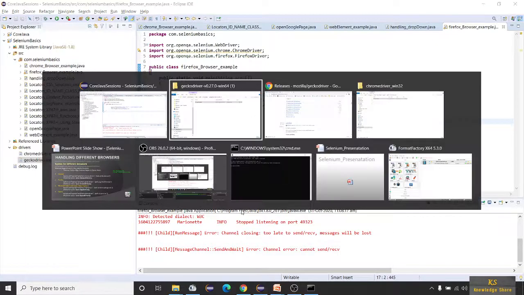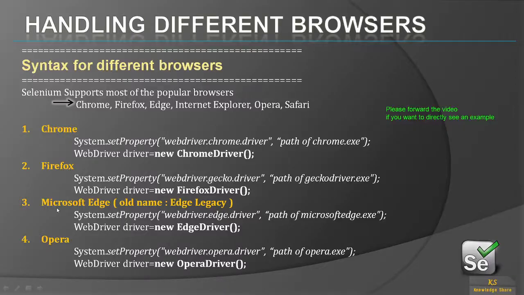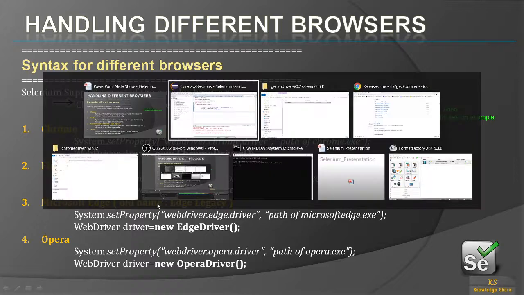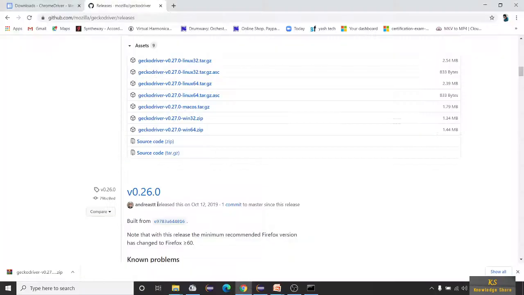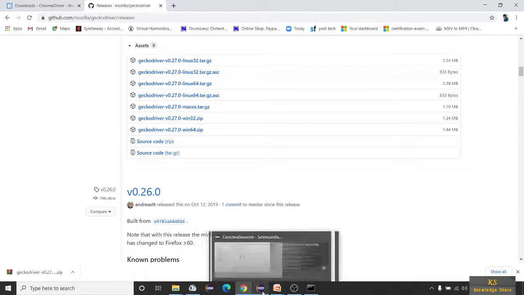And now let's come to another browser, Microsoft Edge. So Microsoft Edge is the latest version. If you haven't updated your systems, you will see Edge Legacy, but I request you to update your browser. You can see here, this is the icon, and if I point here, you will see Microsoft Edge. Right? So now let's see how to download that Microsoft Edge driver.